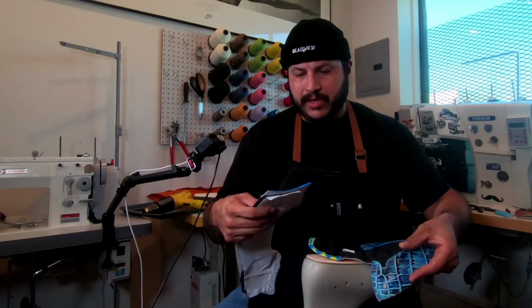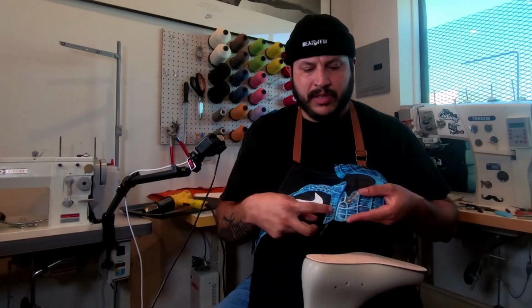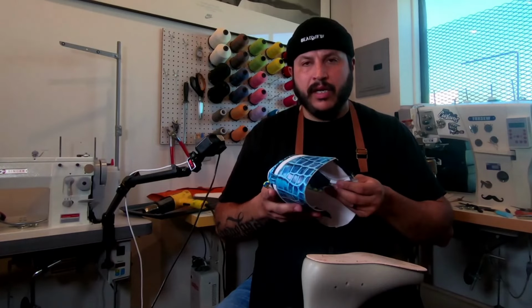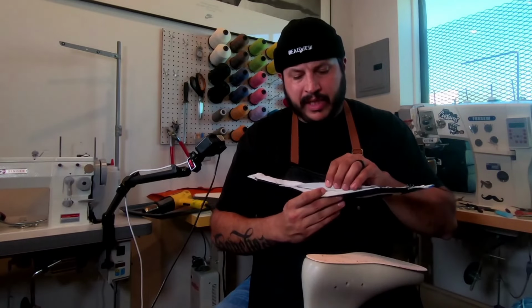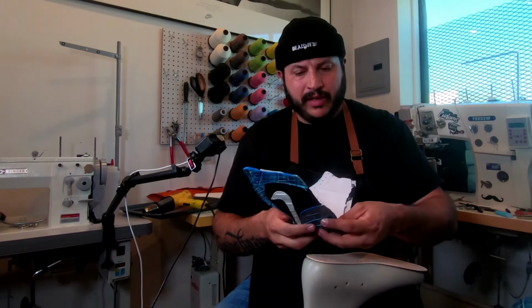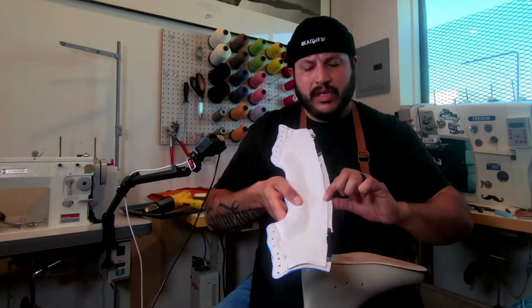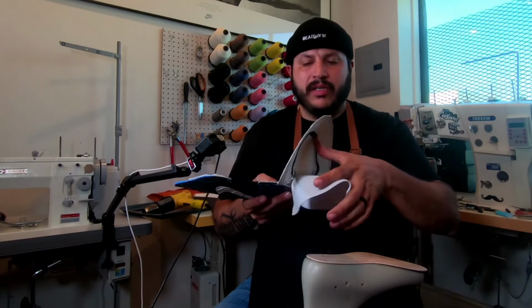So let's get it. When we left off, we had attached the back part to the front part, like this, right? We stitched this stitch here, and we were going to get ready to last, right? So you might notice this one looks a little bit different. That's because I glued it all together. If you notice here, the heel counter is already in there. So this is kind of a hybrid way of doing it, because I'm going to put glue all this together. I'm going to stitch it here so it closes, and then I'm going to do the front toe part the